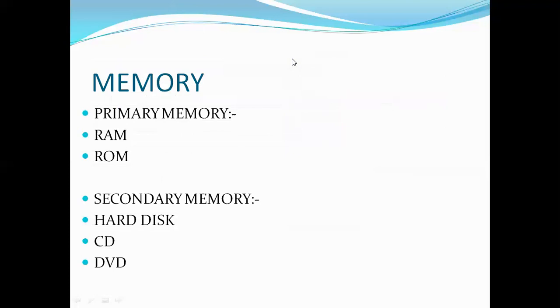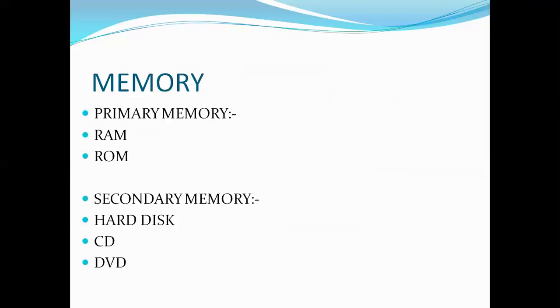Now storage devices, we will do it in detail, that what are storage devices. Basically we will do what is memory. Memory is the storage devices where we store our data. That is called the memory of the computer. Now we divide the computer memory in two parts. One is primary memory and other is secondary memory. Primary memory is the main memory which already exists in the computer, that is the primary memory.